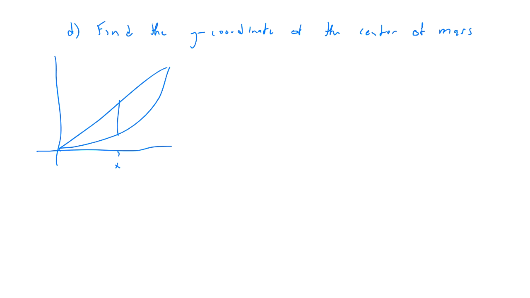So we want to look at a typical slice, and we want to find the center of mass in the y direction. And as I said, what we really want to do is do the y value times its weight, but we can't. Here, though, we've made it so it's nice because the density only depends on x,